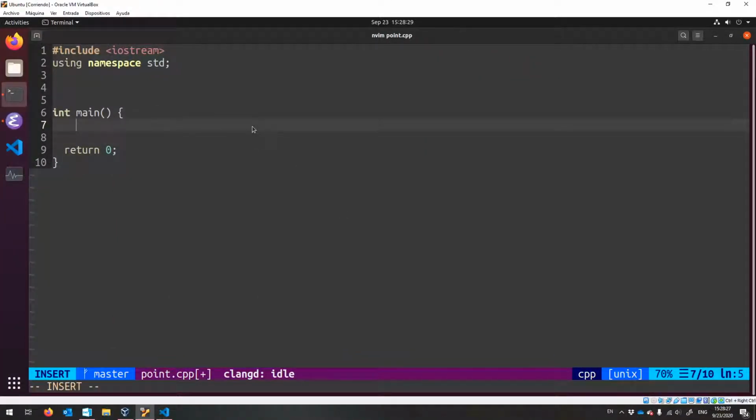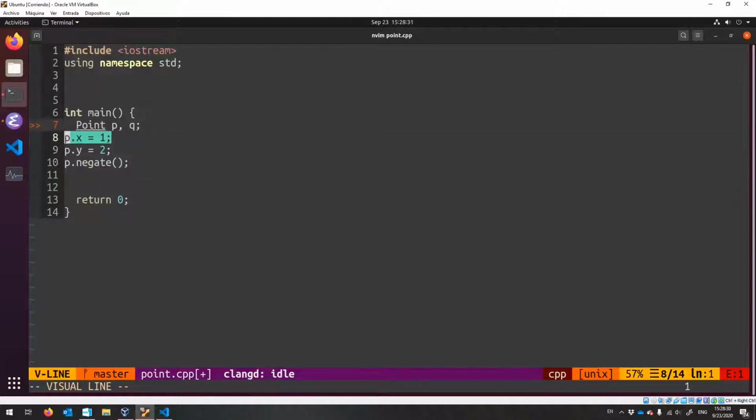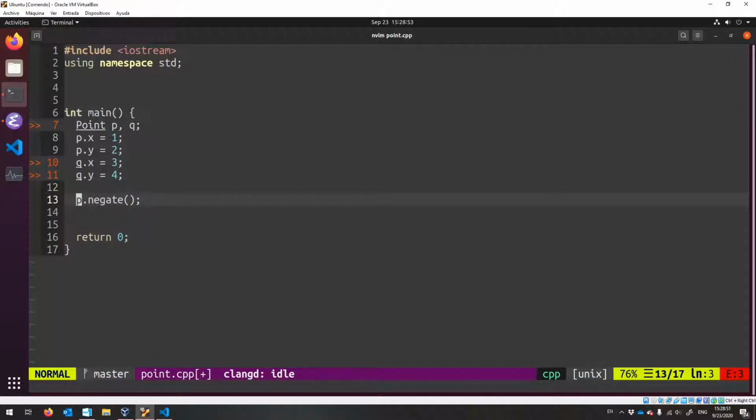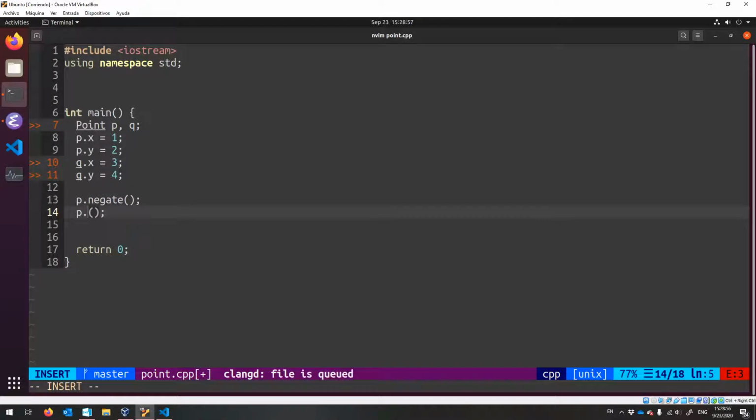Be like, here are my points. P's x is 1, P's y is 2, and let's do something similar for Q. Maybe it can be, I don't know, 3 and 4. And then we can negate P, and we'll keep Q how it is. Maybe perhaps we can scale Q by, I don't know, 2. And then